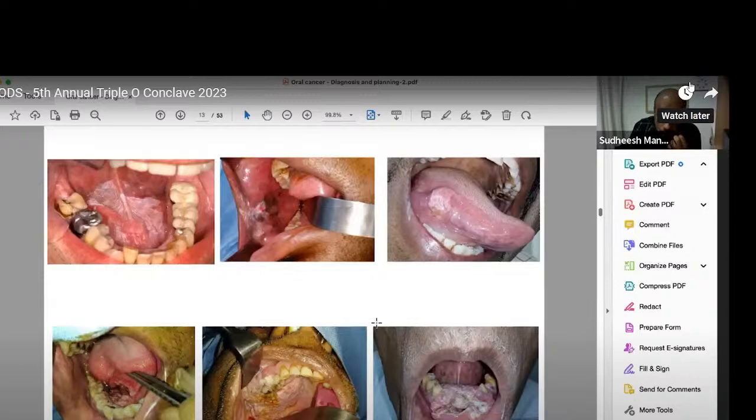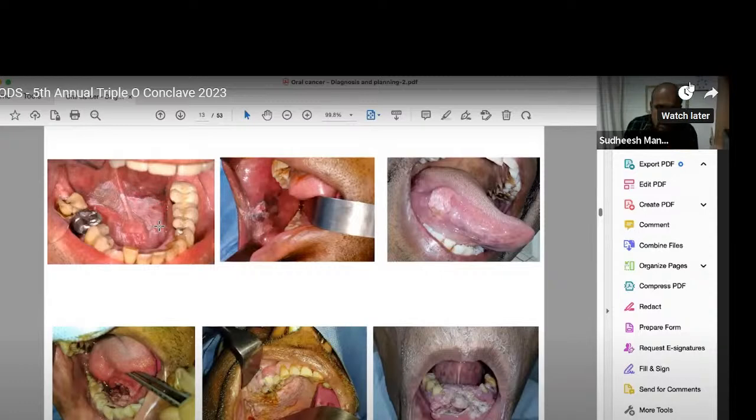So what to do when you end up with these kinds of lesions? You have to take a biopsy. That is very, very important. When to take a biopsy and where to take a biopsy is again another important thing. For example, this lesion, a homogeneous white patch, could be a leukoplakia. Most often we will be tempted to treat this patient with multivitamins. That is not a good thing to do, because it is always better to do a biopsy before starting